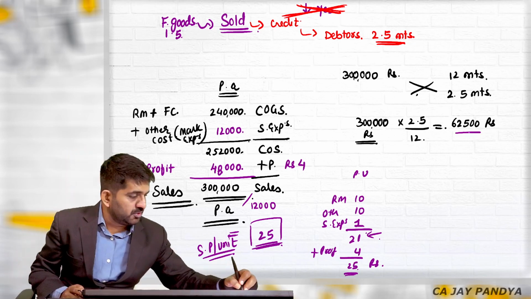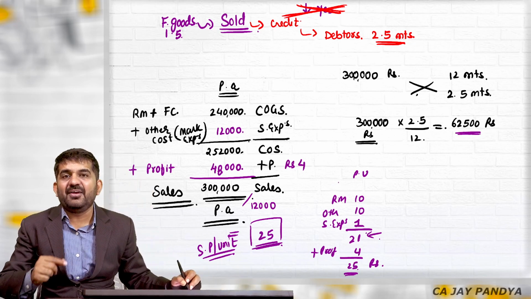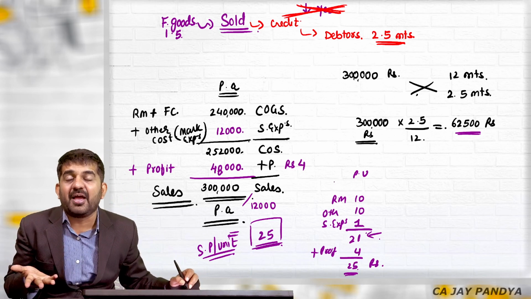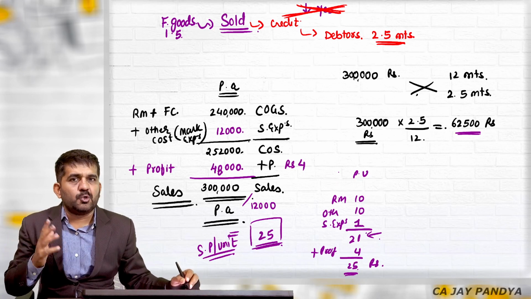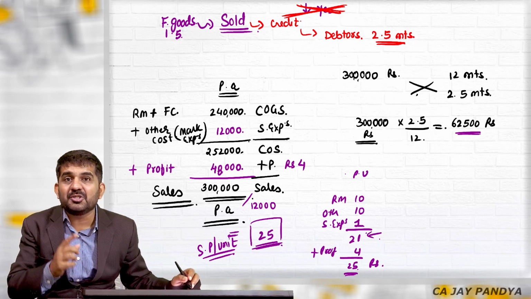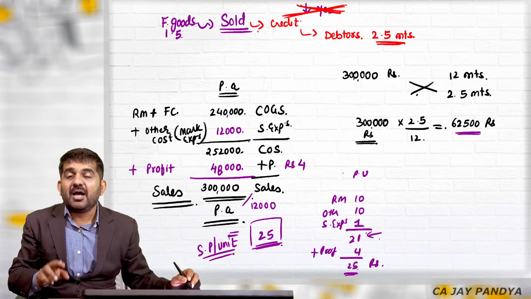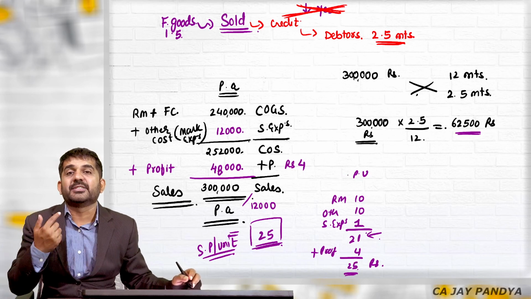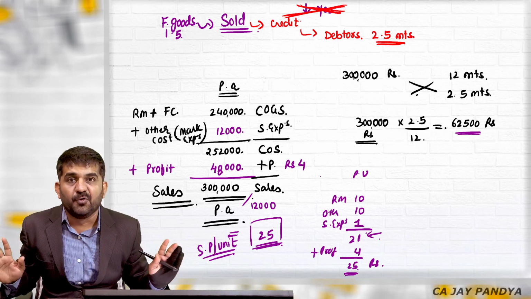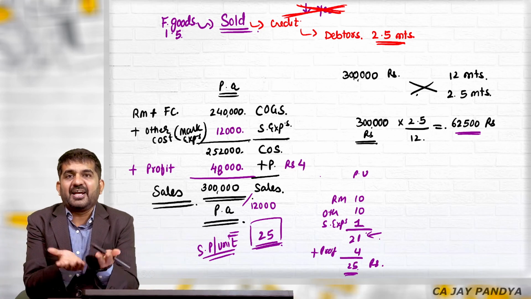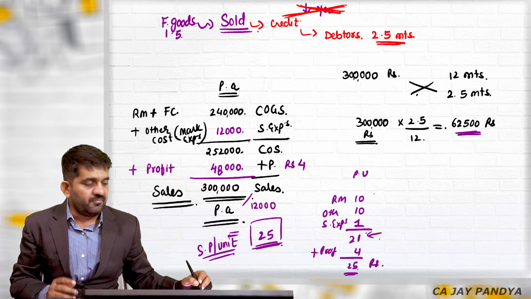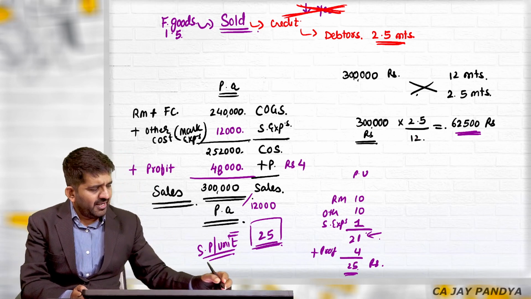What is 62,500? To carry my finished goods? No. To carry my sales for 2.5 months, because I am not going to receive money for 2.5 months. In this 2.5 months, I will have to purchase raw material worth 2.5 months, do manufacturing, and incur selling expenditure. Everywhere there will be cash outflow, but still there is no cash inflow. So I will have to have money for that, which is nothing but working capital requirement. And 62,500 for this 2.5 months I'll require for debtors. How I have found it out is this: